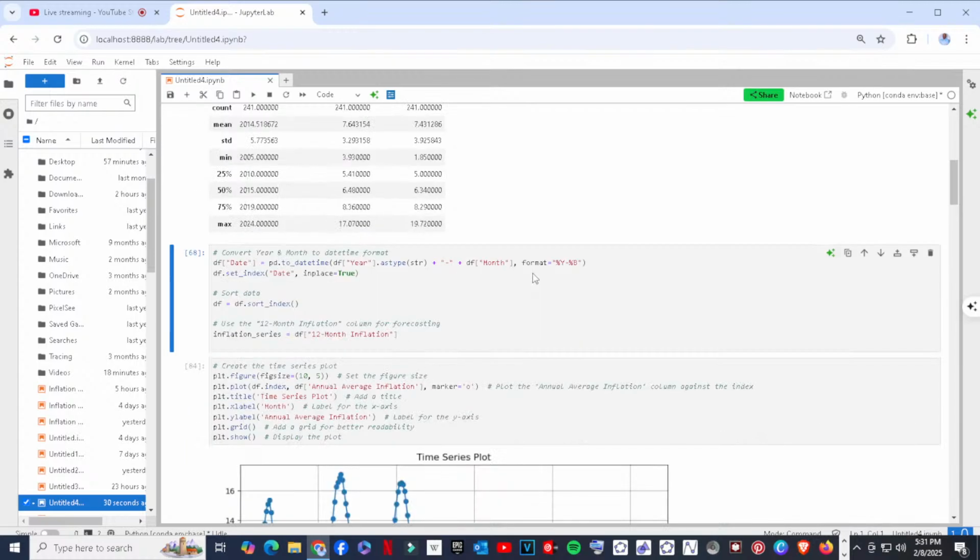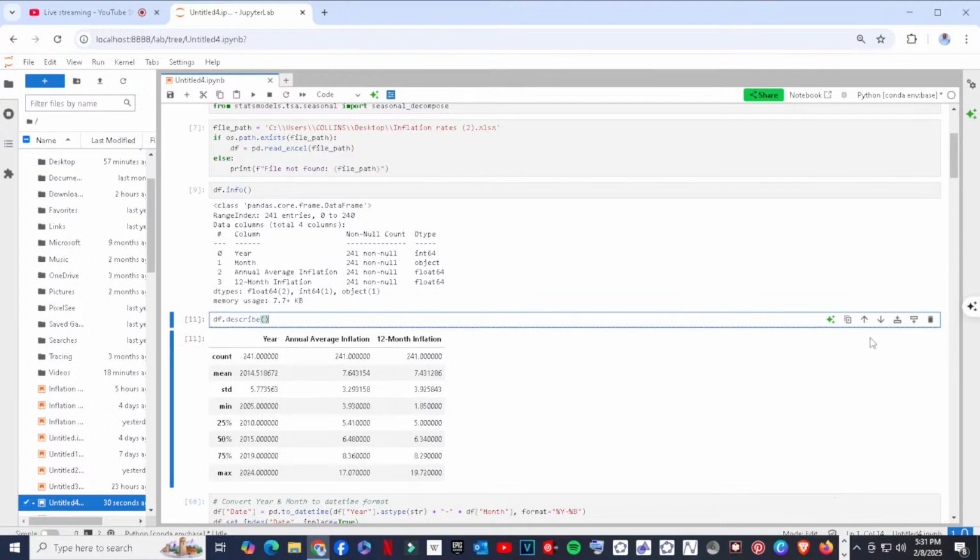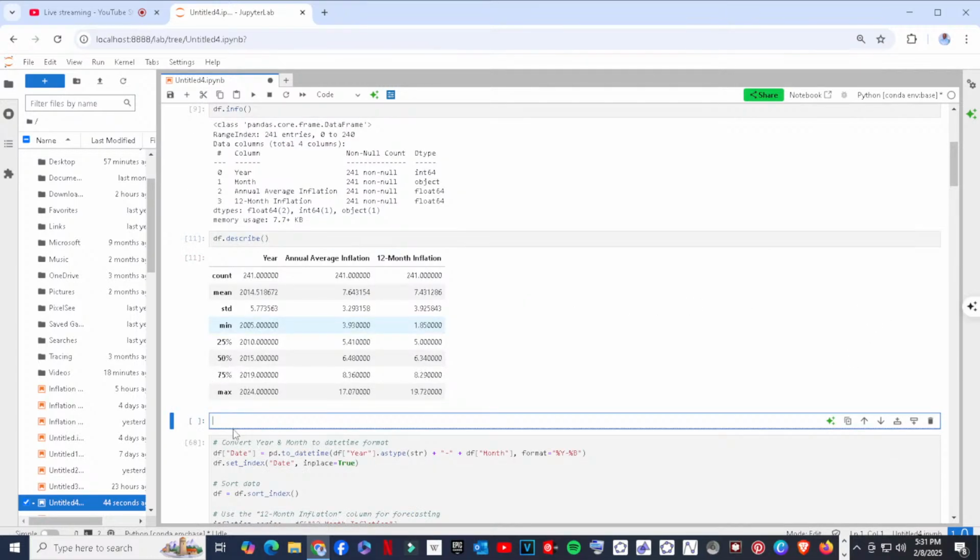The next thing I'm going to do is convert year and month to datetime. Why do I need to do that? Because if I populate the data with df.head, there is something you'll see. I'm taking the data raw, as it is from the website. There isn't much I've done to it. All I did was download and store it. So now I have it.